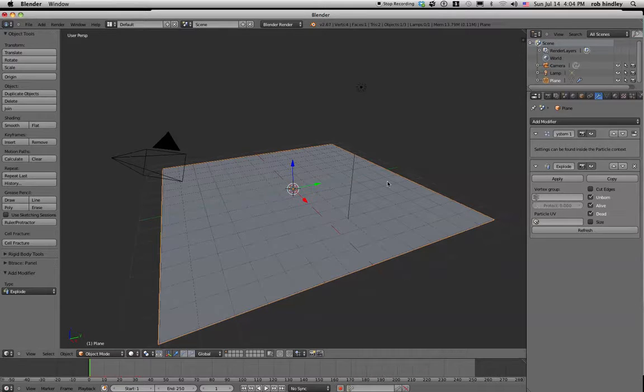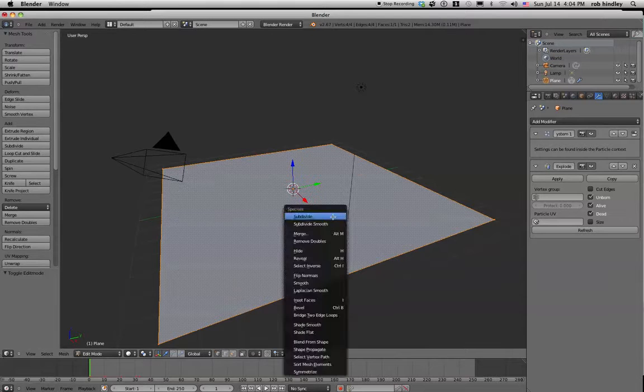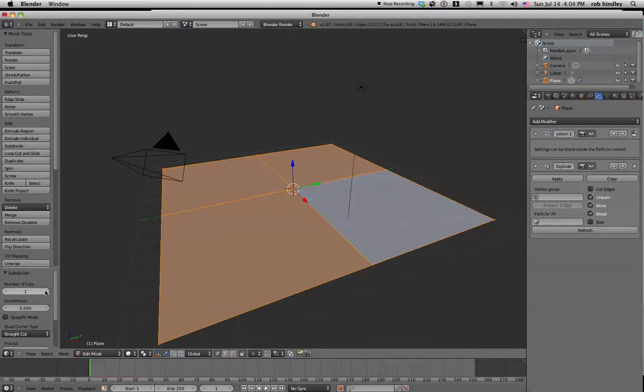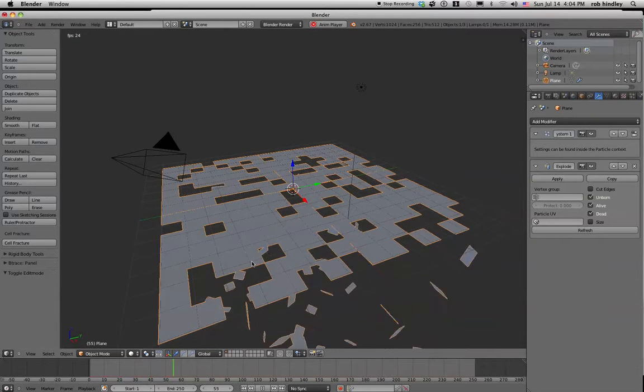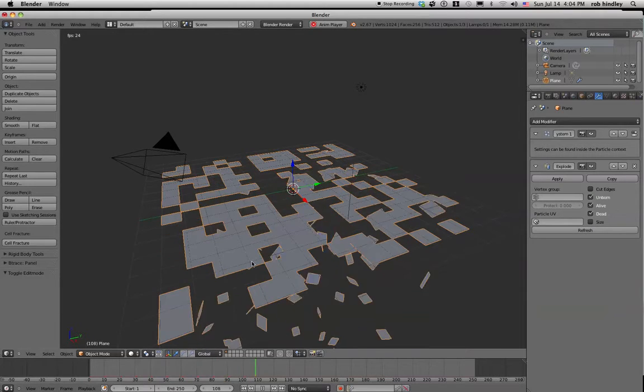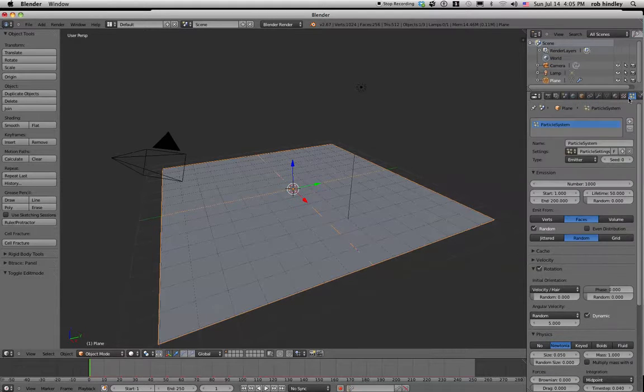let's see, that's what I need to do. I need to go into edit mode and subdivide, and I'll give it 15 cuts and tab back into object mode, and then if we do that you can see it just randomly falls to bits. Okay, so if we go back to our particle system, make sure that's selected, and then click on the